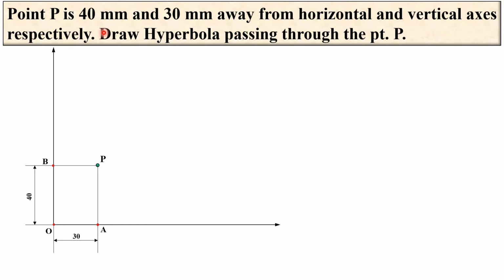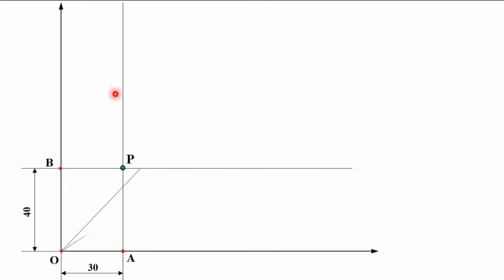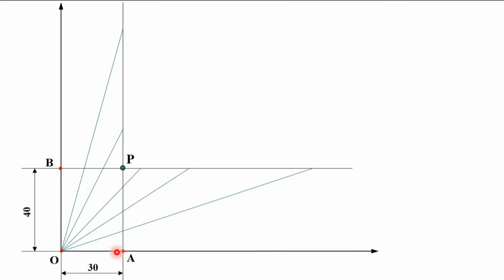Now look at the description. Draw the hyperbola passing through this point P. So we have to draw the hyperbola passing through this point P. First of all draw both the lines and draw inclined lines at random angles. Don't measure the angle here. Take randomly inclined lines, that can be 5 or 6 lines. Keep in mind that here you shouldn't waste time dividing the angle into equal divisions. Just take randomly inclined lines